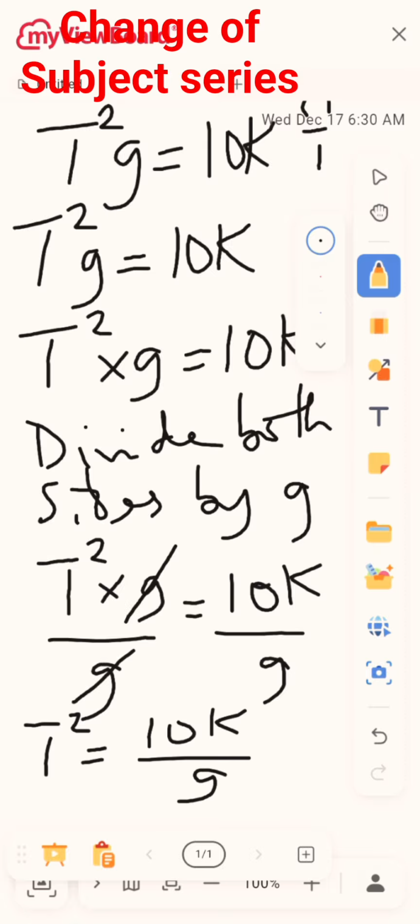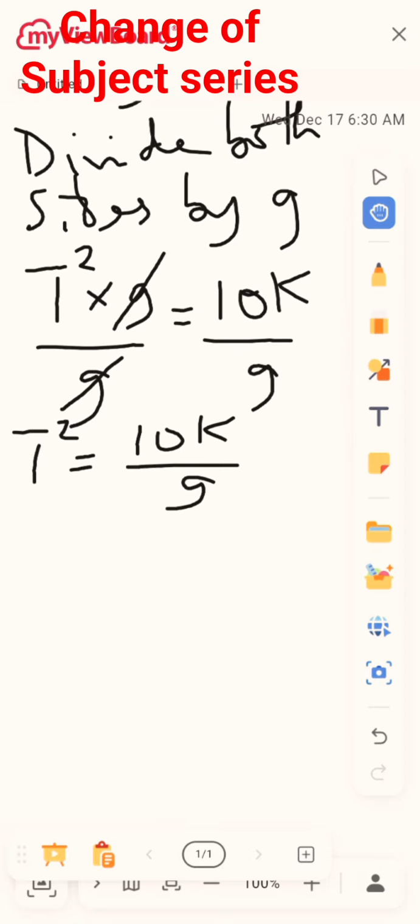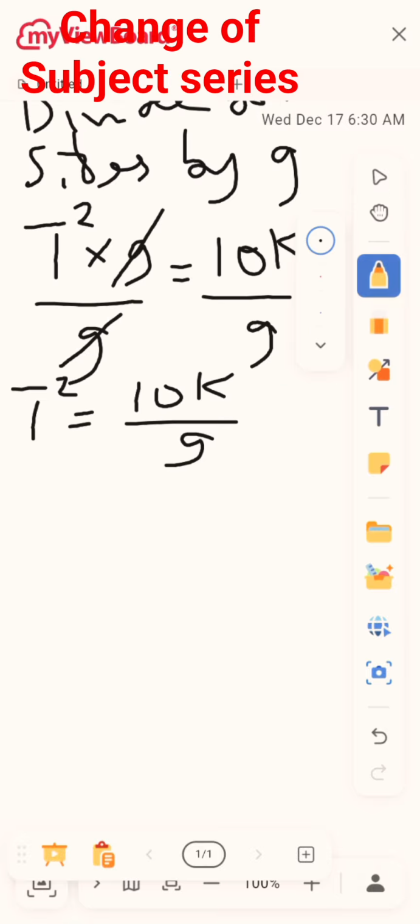Now, having gotten to this point, my interest is to make t the subject of the formula. And I told you, anytime you have a square, the only way to get rid of that square is to find the square root of both sides. So